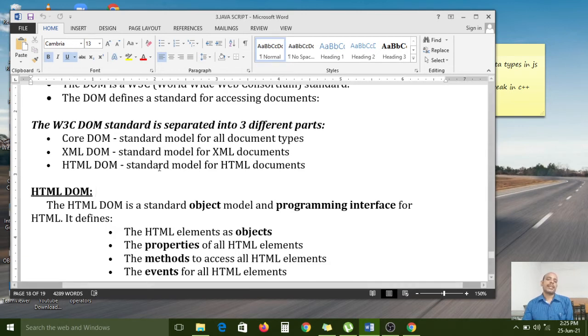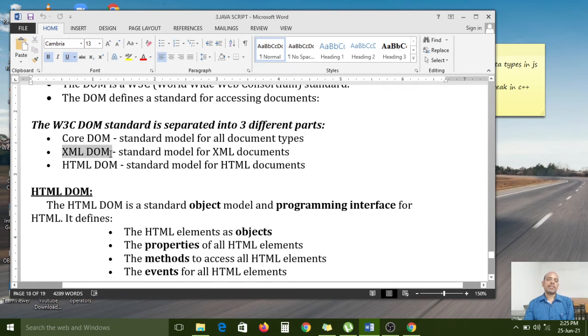And HTML DOM is for the HTML elements we use in the program; those HTML elements are understood by the browser, by the document object model, and after that it maintains the tree format structure internally.